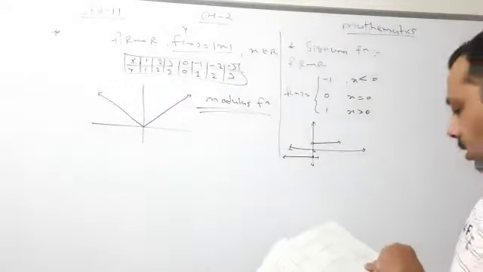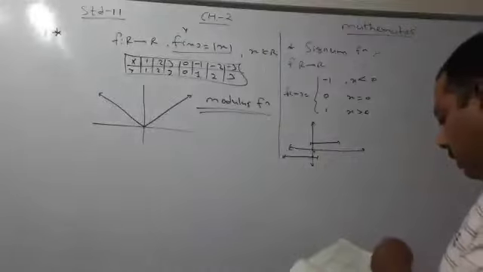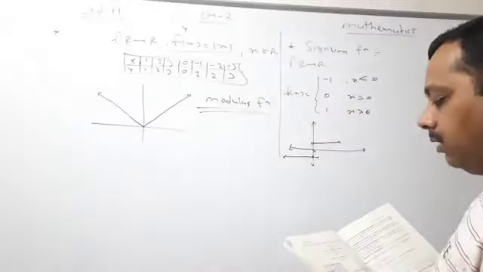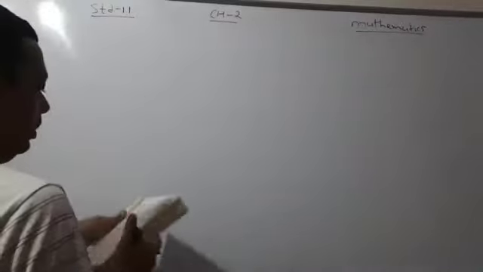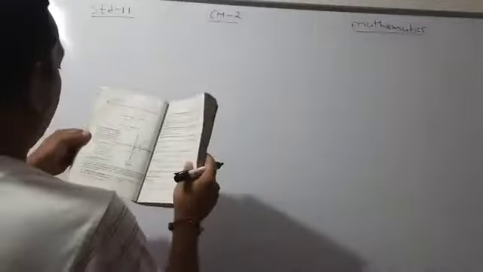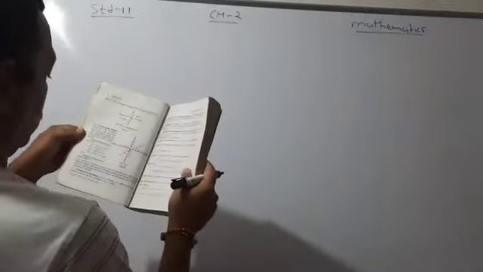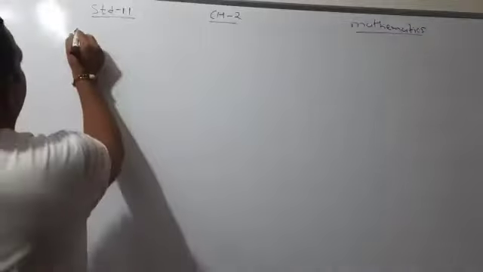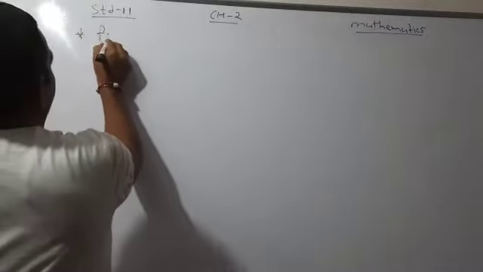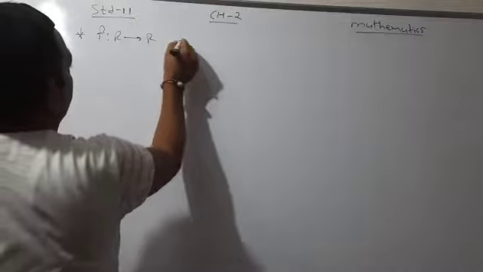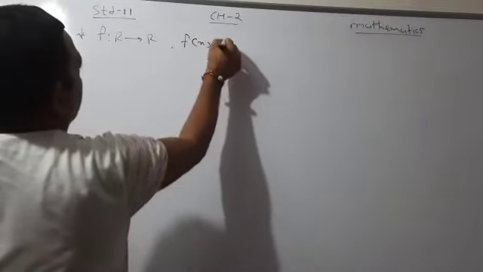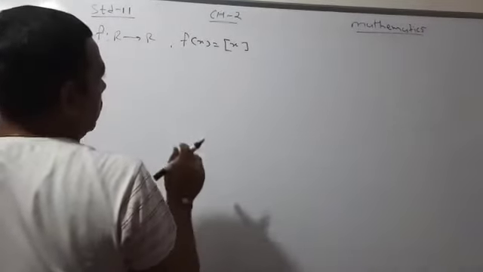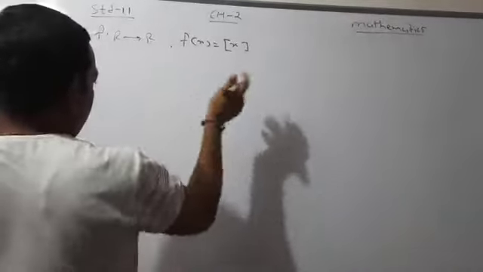Now the graph of the signum function is given on the next page, on page number 42. Now the next function is the greatest integer function. What do you mean by the greatest integer function? The function f from R to R, f of x is the bracket function, or you can say the greatest integer part function. It means,